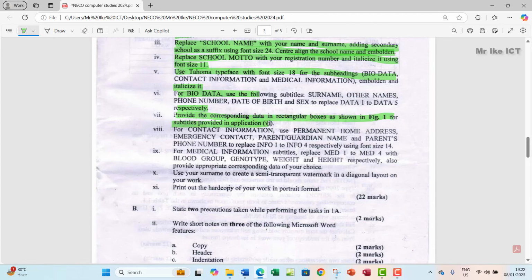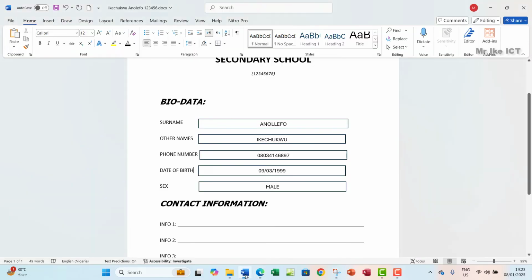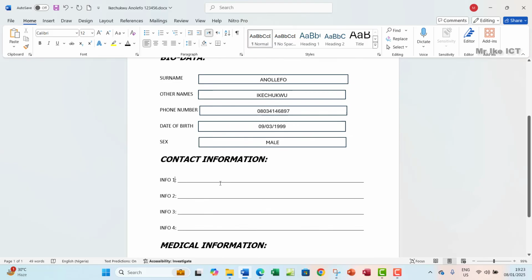Okay, so VIII. For contact information use permanent home address, emergency contact, parent guardian name, and parents phone number to replace info 1 to info 4 respectively, using font size 14. Okay, so let's go to the contact information. So permanent home address. So let's go see that. Contact information. So here we're going to have